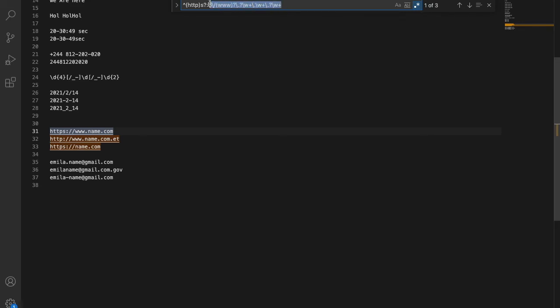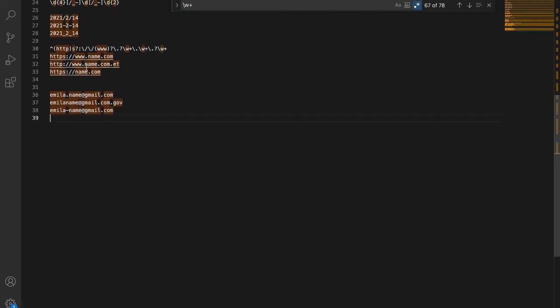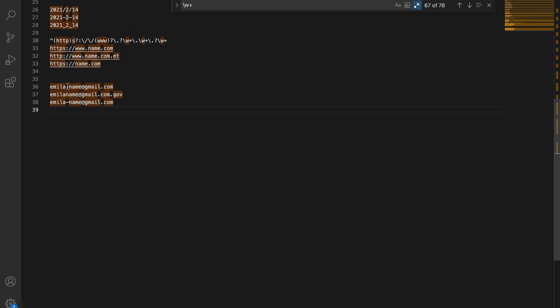So here we are, and we have built a regex pattern to validate URLs. The last one is validating emails. It's also almost the same. So what we can have is any word character and we select 1 or more. Now we are actually matching everything, but then we only want to match these 3 here. But one is followed by a dot and one is followed by a hyphen, or a dash, what we can do is we